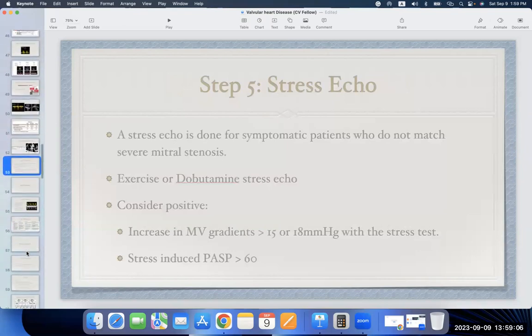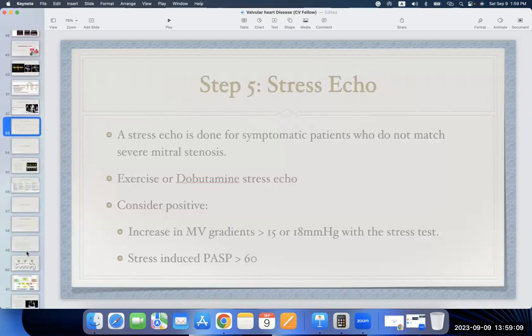In the patient with MS, sometimes we do a stress echo, like in aortic stenosis, but here we do it mainly if the patient is, for example, symptomatic but the stenosis is not significant. Like the patient is symptomatic with exertion, but when we do echo at rest, we don't see significant mitral stenosis. Then we do the dobutamine stress echo. If the mean pressure gradient goes up more than 15 during exercise or more than 18 during dobutamine, you can do dobutamine or exercise. If it's more than 18, then you say that this is significant, and that will be an indication for balloon